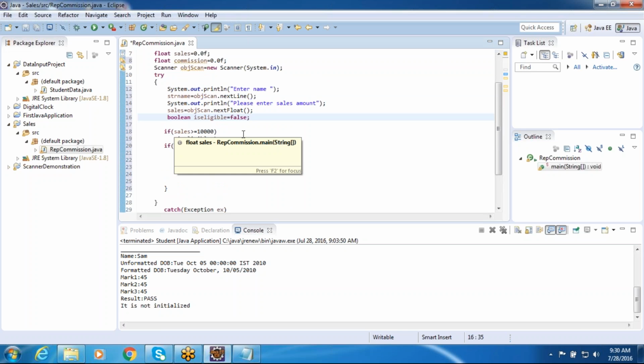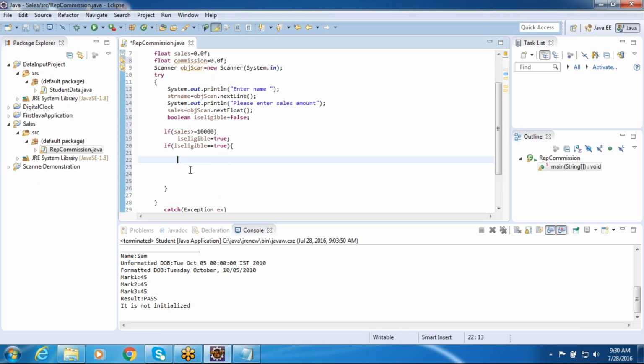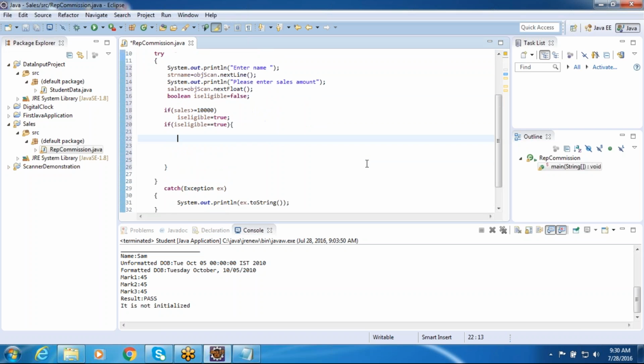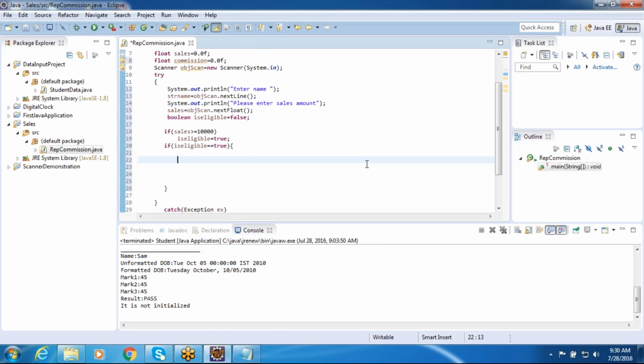Now here I am branching the control. So if sales greater than or equal to 10,000, we come to this spot. Otherwise, this spot will be skipped and you come to this point. Now if it is eligible, in such case we need to calculate. Therefore, try to write the code here. What code do we write here? We use an if condition again. Sales, if it is greater than or equal to, how much do I write here? 10,000,